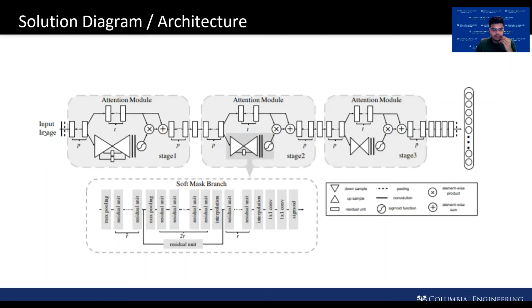So this is the input image that we have. We first pass it through these residual blocks, which do feature extraction, which is basically a simple ConvNet. So there are p number of residual blocks that we have. And then we split into a trunk branch, which is the upper part, and a mask branch, which is the lower part. So the trunk branch is where again we do the same feature extraction, but this time with t